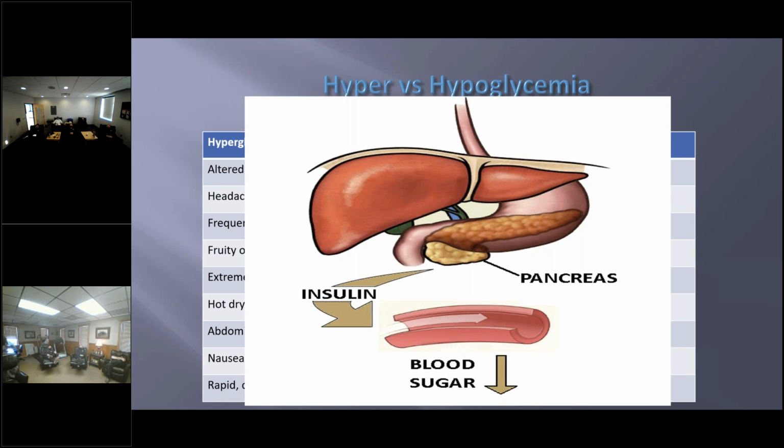So as far as treatments go, if we can, utilize oral glucose if they can protect their own airway, to increase that sugar value. Hopefully they do have insulin within their system so that it can take up that blood sugar and then convert it into energy. Remember, contraindications with oral glucose: if they can't swallow or protect their own airway, we do not want to utilize that. Once we do get that sugar up,